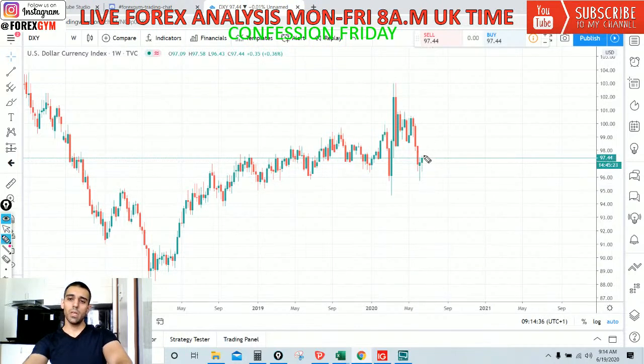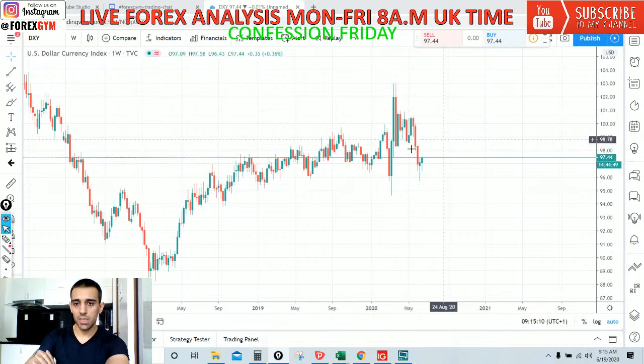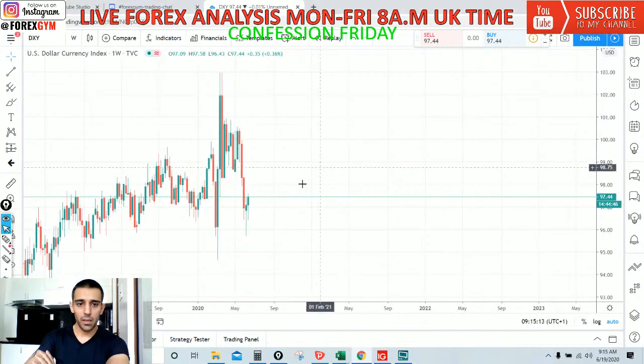So it looks more like at some point it will drop, and that drop could be quite significant. For now, if the price continues and breaks this level, which is about 98, around 98.30, certainly if it shows strength and breaks that level, then that confirms the dollar is gaining strength, so upside. But for now, it does look weak. It's just a pullback for now. I can of course change.